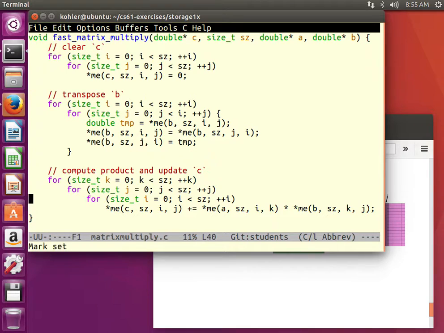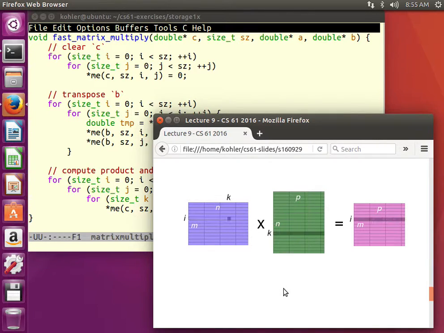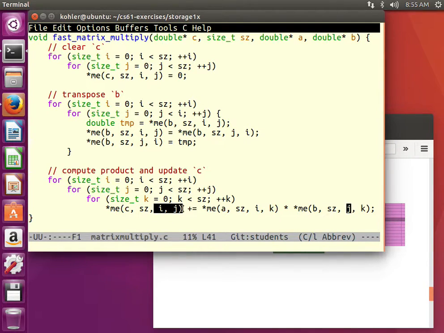And what that means is that in our original order, we would swap the order of arguments for accessing B. Now check this out. Since we swapped those arguments, we're now back to this picture, where we've got two horizontal lines plus one point. But in this case, the point is in C, and the horizontal lines are in A and B, because in both A and B, we're modifying the column in the innermost loop.